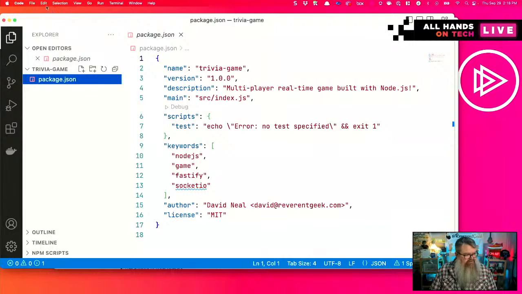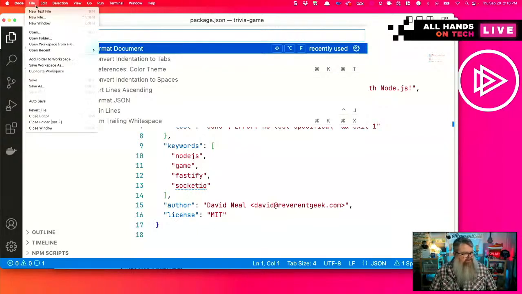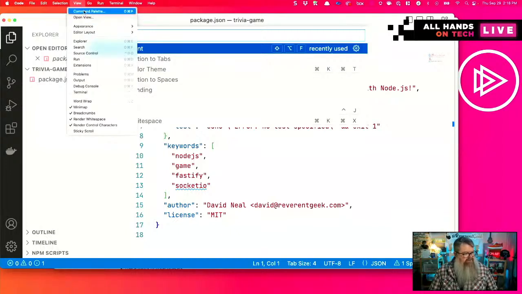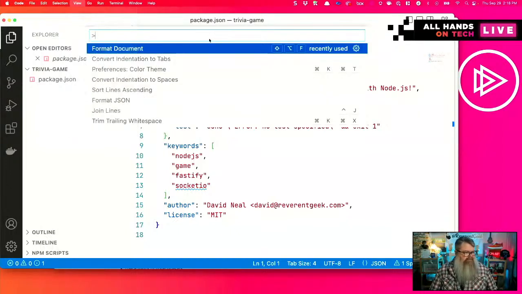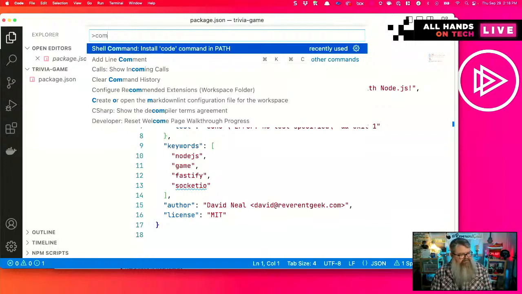If you open up the command palette, which is Command Shift P on Mac, or you can get to it under View, Command Palette, you can start typing shell command, and this one that shows up here, install code command in path.